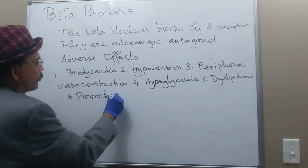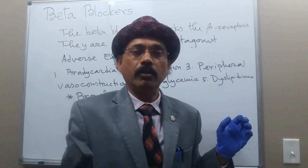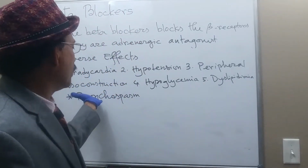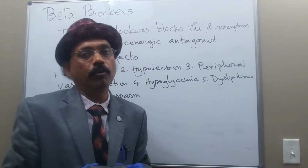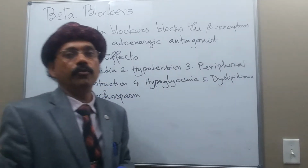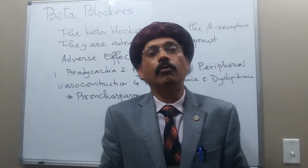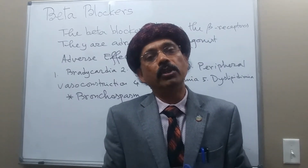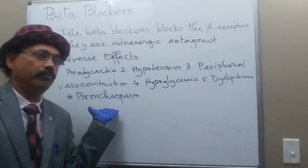bronchospasm. We know that sympathomimetic drugs cause bronchodilation, like that of albuterol, or even the epinephrine injection will cause dilatation of the bronchus. So if we block the beta 2 receptor in the lung, there will be bronchospasm, bronchoconstriction that may aggravate asthma and chronic obstructive pulmonary disease. So the beta blocker is contraindicated in asthmatic patients, especially the non-selective beta blocker. Even the selective beta blocker is relatively contraindicated because in high concentration, the selective beta blocker may not be selective. It may work on both beta 1 and beta 2 receptors and may lead to bronchospasm. Okay, so bronchospasm is a very important adverse effect of the